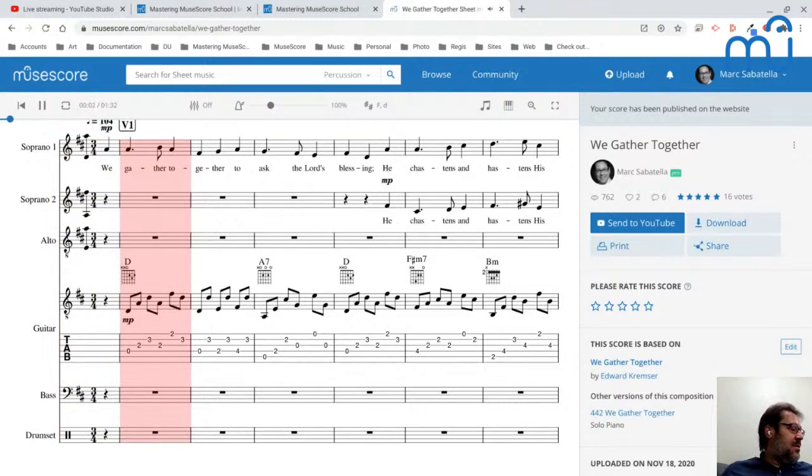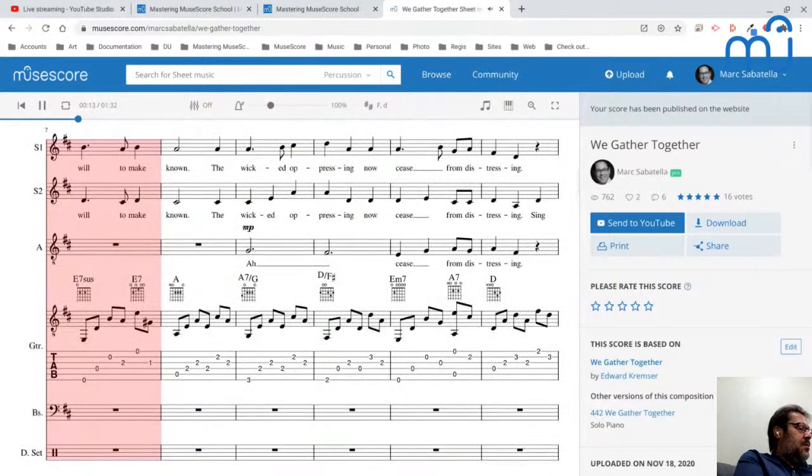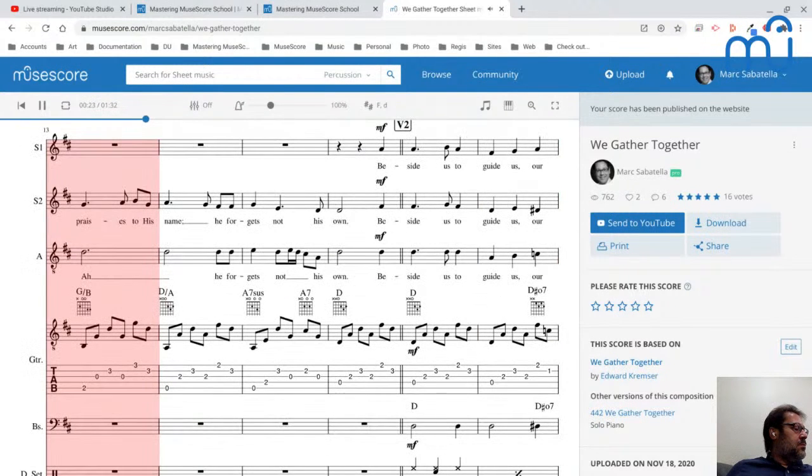We gather together to ask the Lord's blessing. He chastens and hastens His will to make known. The wicked oppressing now cease from distressing. Sing praises to His name. He forgets not His own.